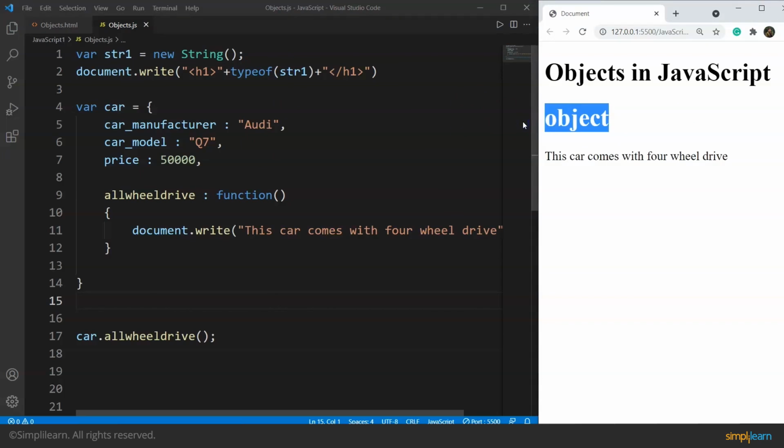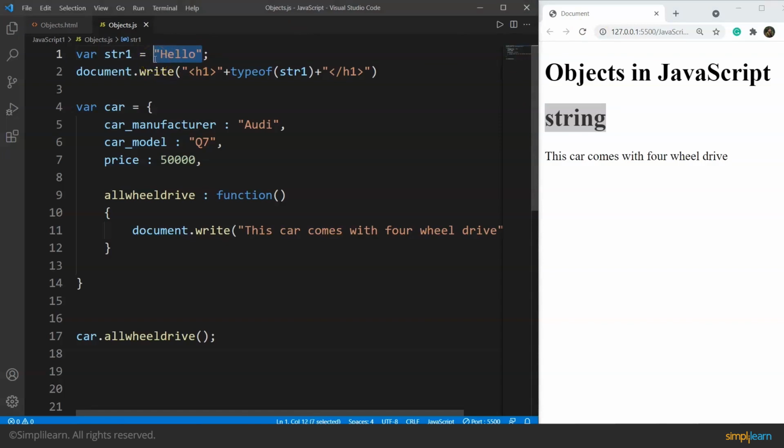If we write a string here in place of this new String, let's suppose we are using hello. Let's save it now, and you can see the type of this variable str1 changed from object to string. So this is the difference from a primitive data type.